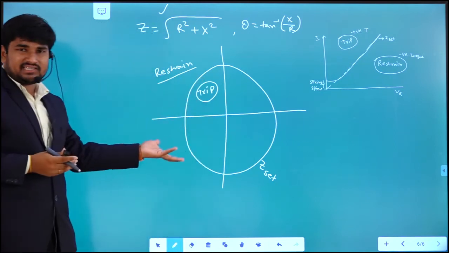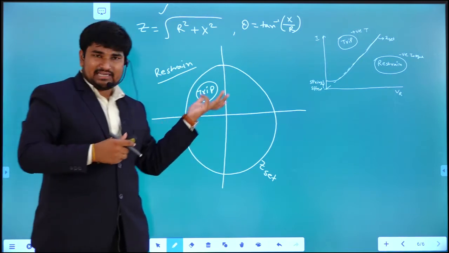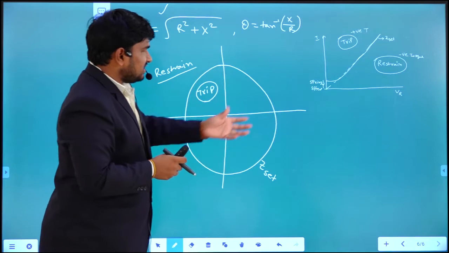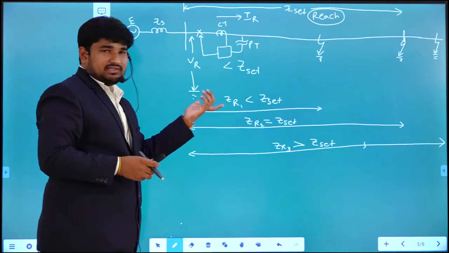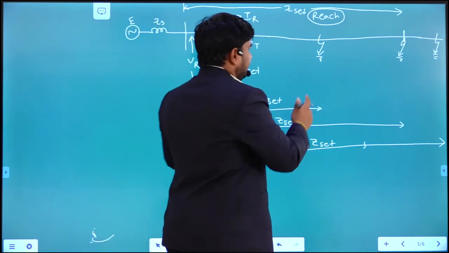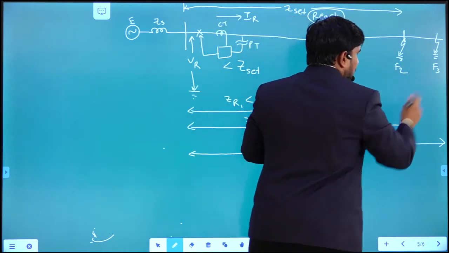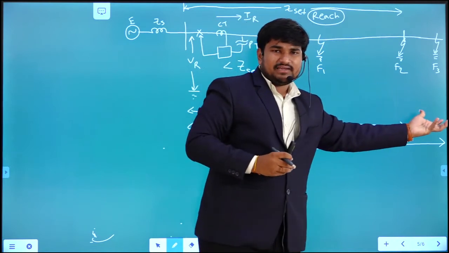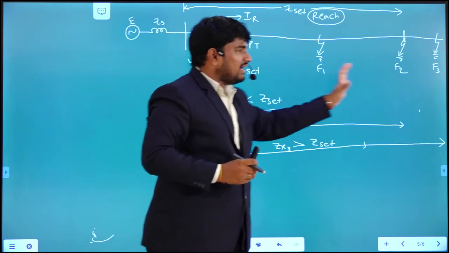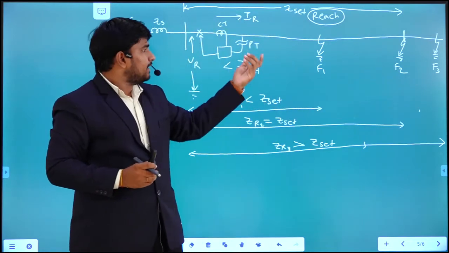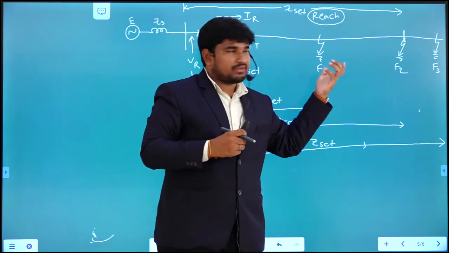By observing these characteristics, the impedance relay can be easily understood. Now, in the previous case, we took three different conditions: fault 1, fault 2, and fault 3. How are these three faults indicated on the Rx diagram? Let us see here. Even though the fault happened in different locations on the transmission line, how will the impedance factors be mentioned?